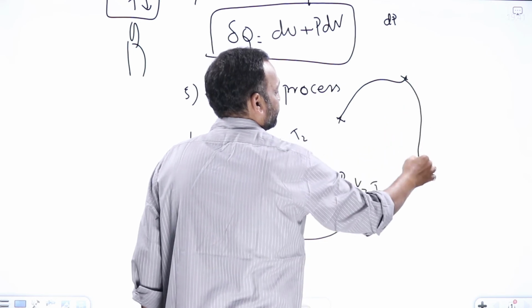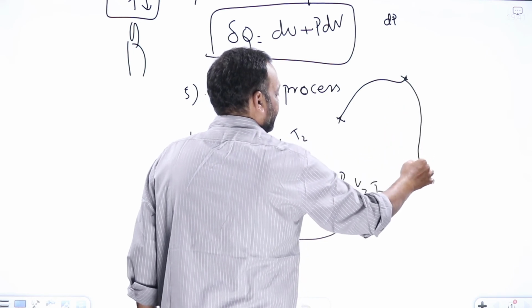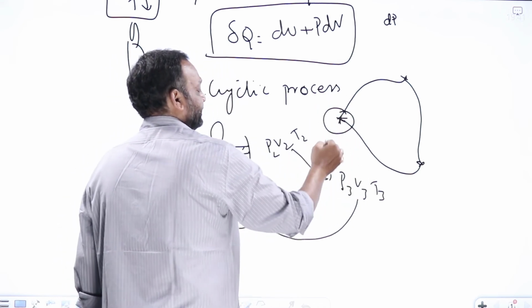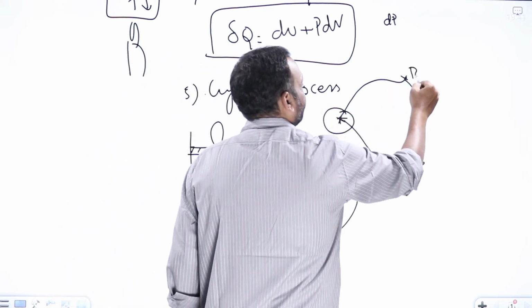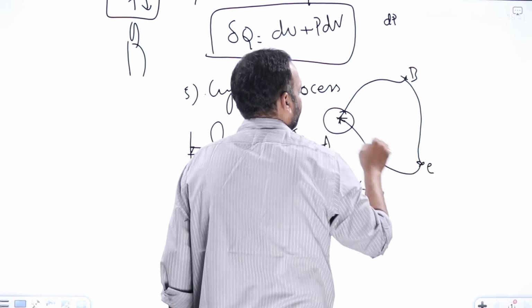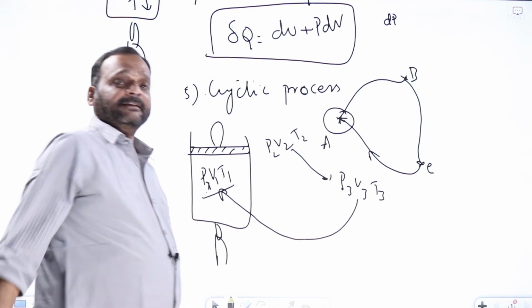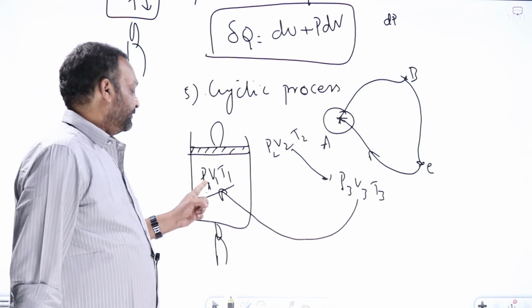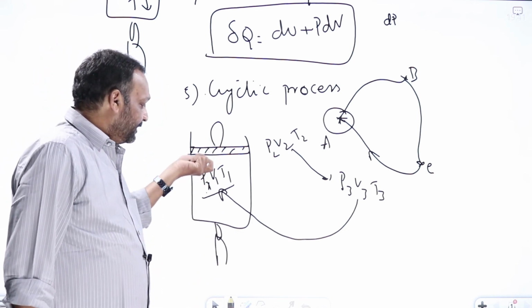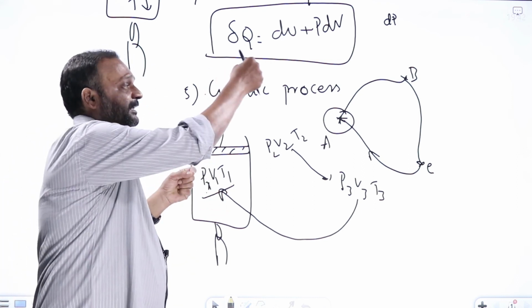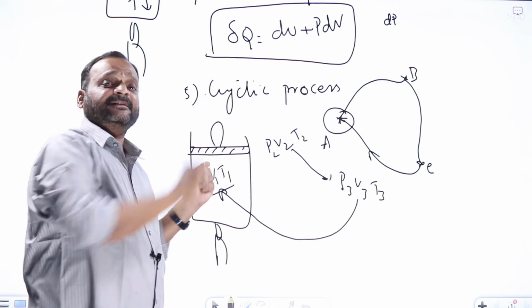From there it goes to another new state. From there, if it comes back to its initial state, it means the gas has started from this point A, went to B, from there it went to C, and again came back to A. Now the pressure, volume, and temperature remain P1, V1, T1. After you bring the gas back to the same initial state after making it undergo a series of changes,